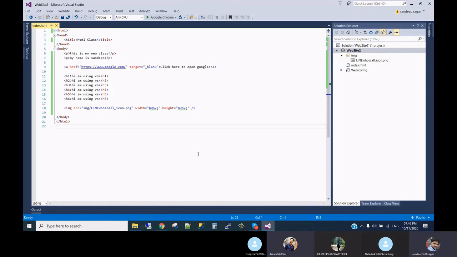There are three ways of writing CSS, you can say. One is inline with a style. Second, in the head tag. Third, you can take a CSS file, write it there, and just make a link in your HTML. Any way is good according to your motive and the project. But if you ask what the standard way is, the standard way is making a CSS file and linking it to the page, so that you can use that class or the CSS wherever you want according to the requirement.